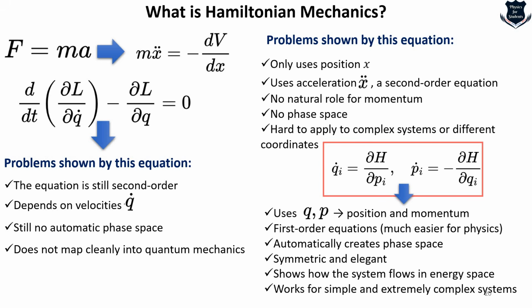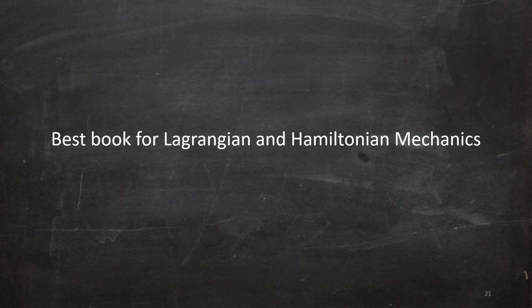It helps you see how energy moves or changes inside the system, and the method is very powerful because it can describe everything from a swinging pendulum to complicated systems like planetary motion. Now that we have understood the limitations of Newtonian mechanics, how Lagrange came in, the limitations of Lagrangian mechanics, how Hamilton comes in, it is time to look at the central idea of our video, that is